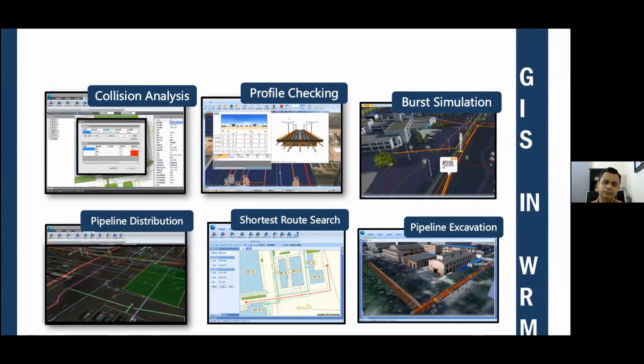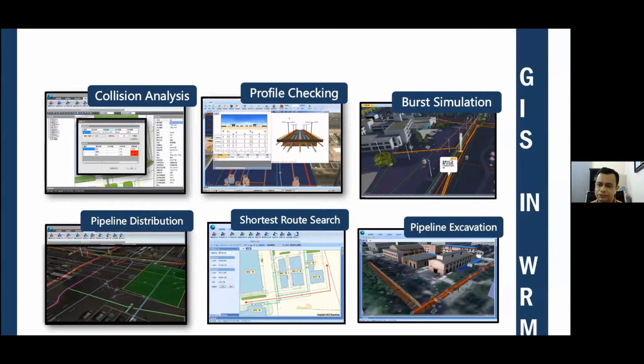So for pipelines, we can think about collision analysis. We can have this kind of database and we can think about the potential collisions of this pipeline. We can identify the profile checking. If we have this kind of distribution networks, then we can identify the profile checking, and then we can also